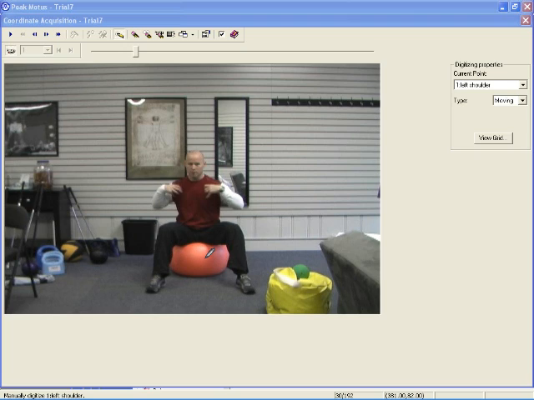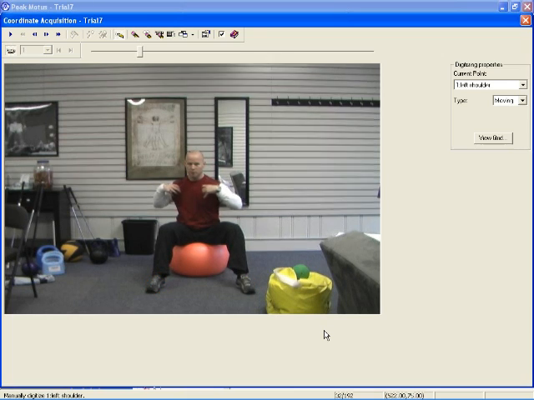Now, the reason I have them sitting on a ball, you could do this on a chair as well, is that they still have to create some stability, and better yet, they really have to connect with their feet. Let me progress this drill forward a little bit. What I do is I turn my upper torso